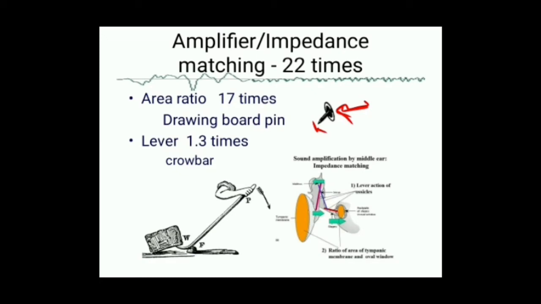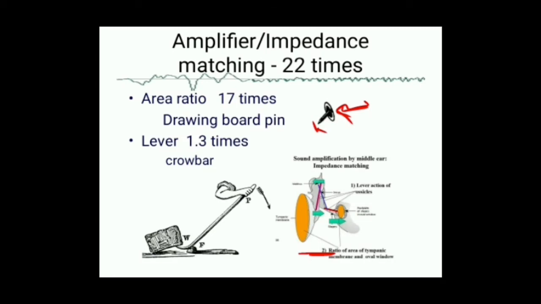And the second mechanism is the lever mechanism. See, you can very well see here in this picture, the ossicles are arranged in the form of a lever. So here is the malleus, the red colored one, and here the incus and stapes act as a single unit. So what happens when the tympanic membrane is pushed inside, the handle of the malleus is pushed inside, the head will be moving out like that. So the incus and stapes together will push the oval window inside. Okay. So this is the lever mechanism.